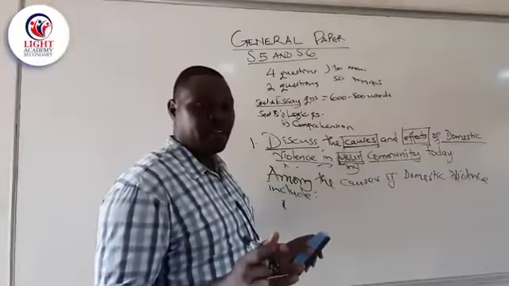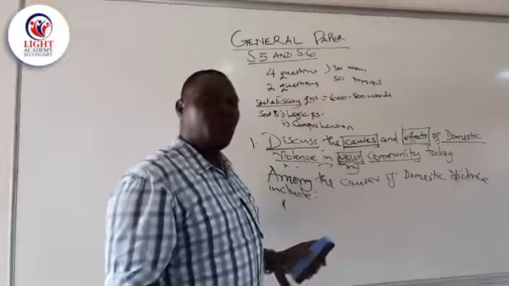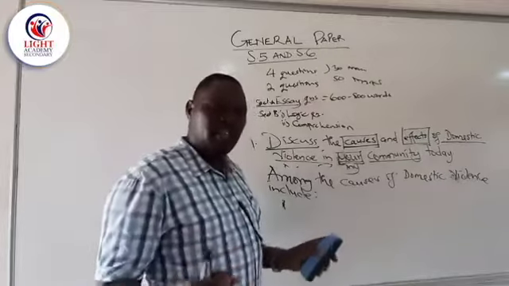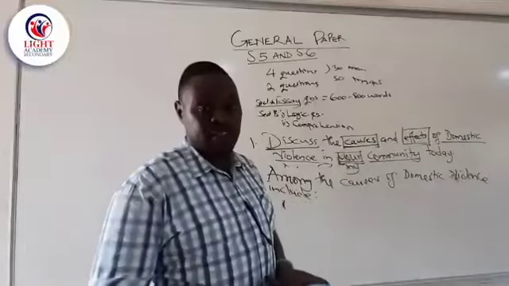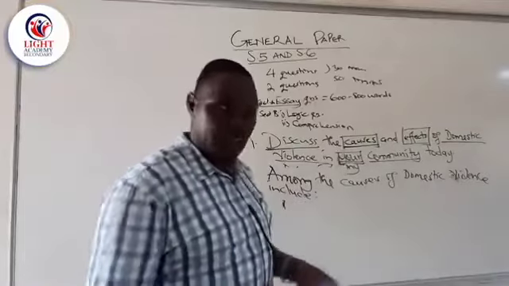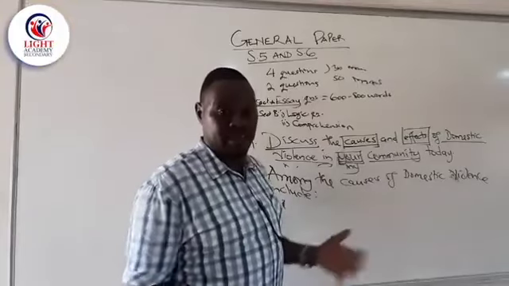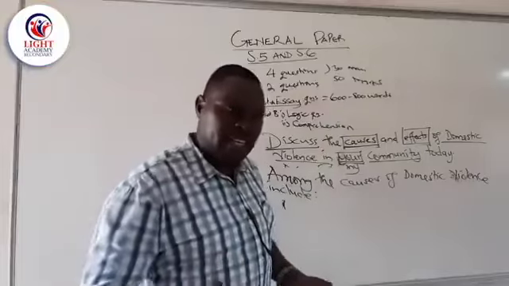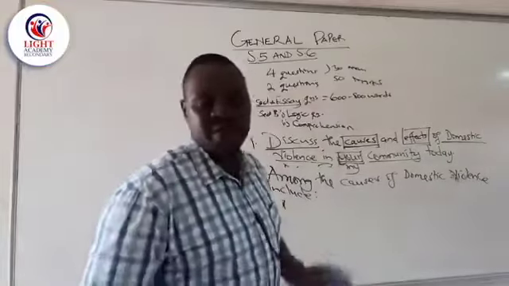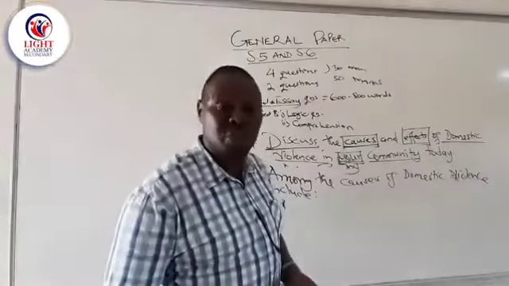Straight away, 1 mark for identifying the point. The second mark for expounding on the point. And then the third mark will be for your examples, your illustrations. If you have figures, you can go ahead and cite them. You can write them. There's no problem. So at the end of the day, we expect you to write at least between 6 to 7 lines. 6 to 7 lines. That one is a mature